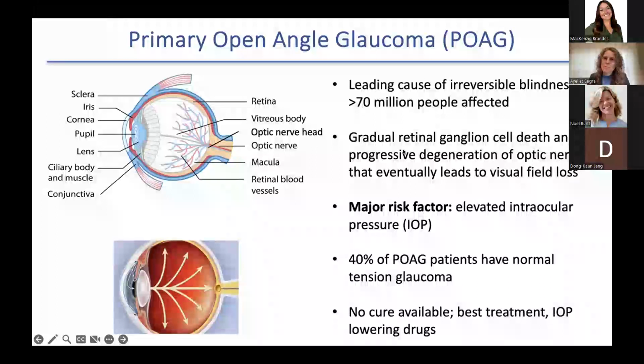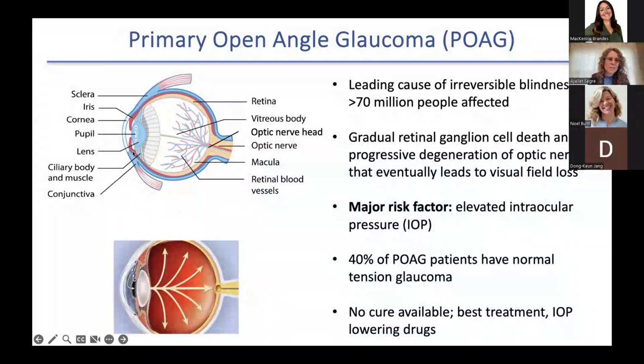And so POAG, primary open-angle glaucoma, is characterized by progressive degeneration of the optic nerve, which is really the axons of the retinal ganglion cells, which eventually can lead to visual field loss. A major risk factor is elevated intraocular pressure. And one of the few structures that are thought to have been shown to affect and cause elevated eye pressure,